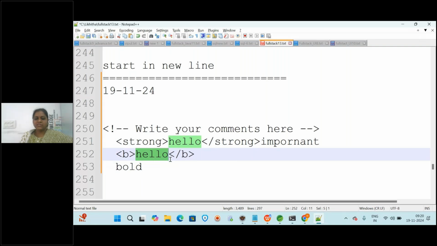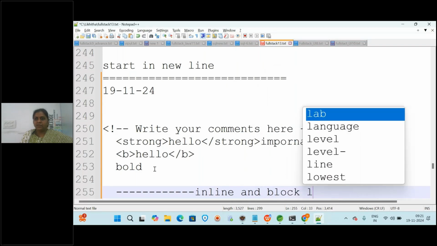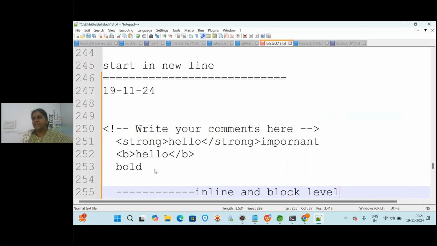So like this we have one difference, strong tag and bold tag. Clear? We have also seen inline and block level elements. What is the difference between inline and block level? We have seen some heading tags where we come onto a new line.